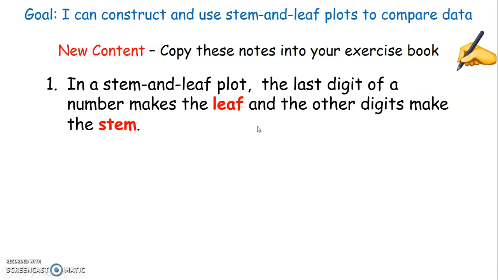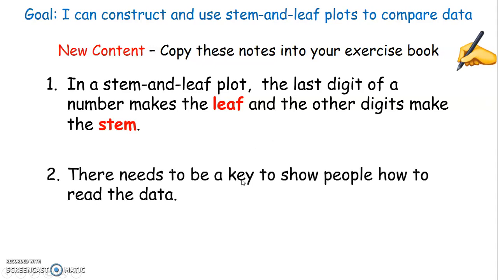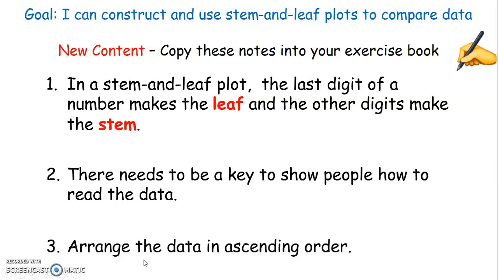So we only write the last digit for the leaf, and there needs to be a key to show people how to read the data. I'll show you an example of a key in a moment. Then you also need to arrange the data in ascending order. Remember, ascending order means